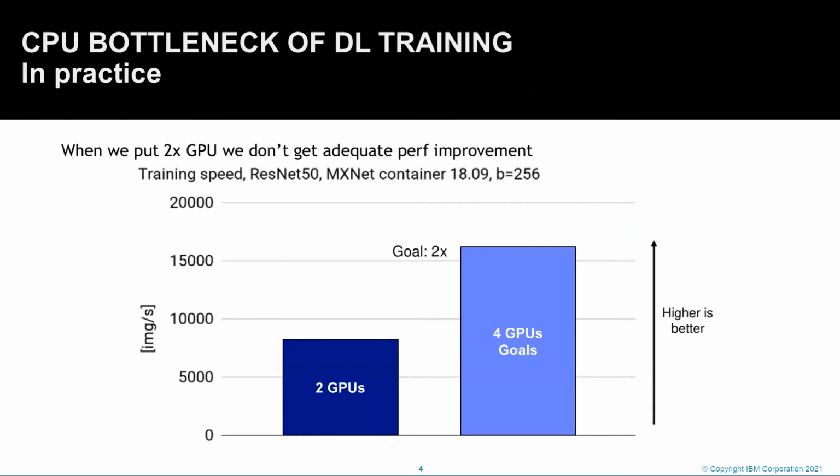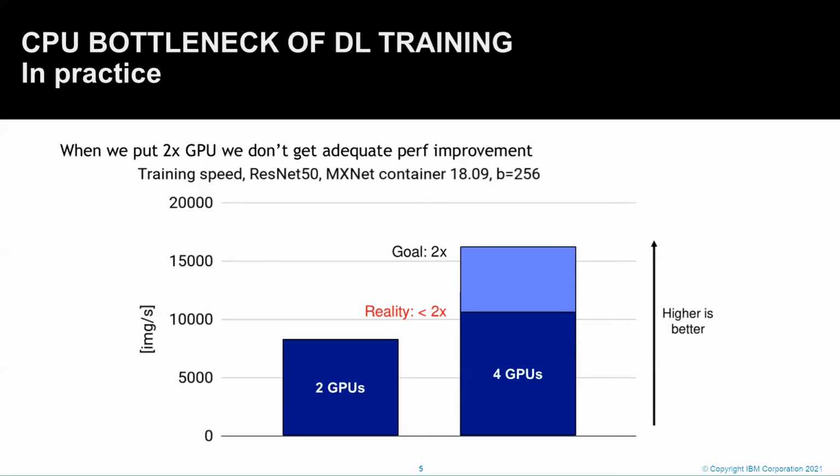You know that the CPU could become a bottleneck because all this data preparation is usually done inside the CPU and not the GPU. For example, if you are doing a training with 2 GPUs and you measure a typical, I don't know, 7,000 images per second processed during the training, you can expect to double this throughput with the number of GPUs, but usually it's not the case when you actually do the measure.